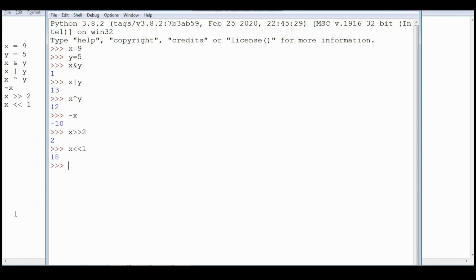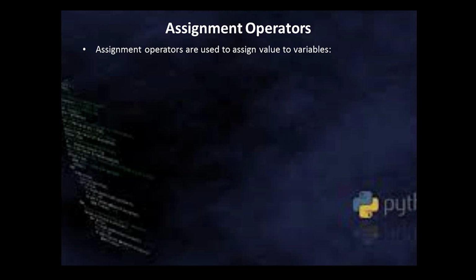We'll be creating a separate series for trace outputs. In that, we'll be discussing more about these operators. Let's continue with one remaining operator, that is the assignment operator. The assignment operator is to assign a value to a variable. Python supports compound assignment operators also, like in C, C++, Java. It will do dual work. It will perform the operation as well as assignment.